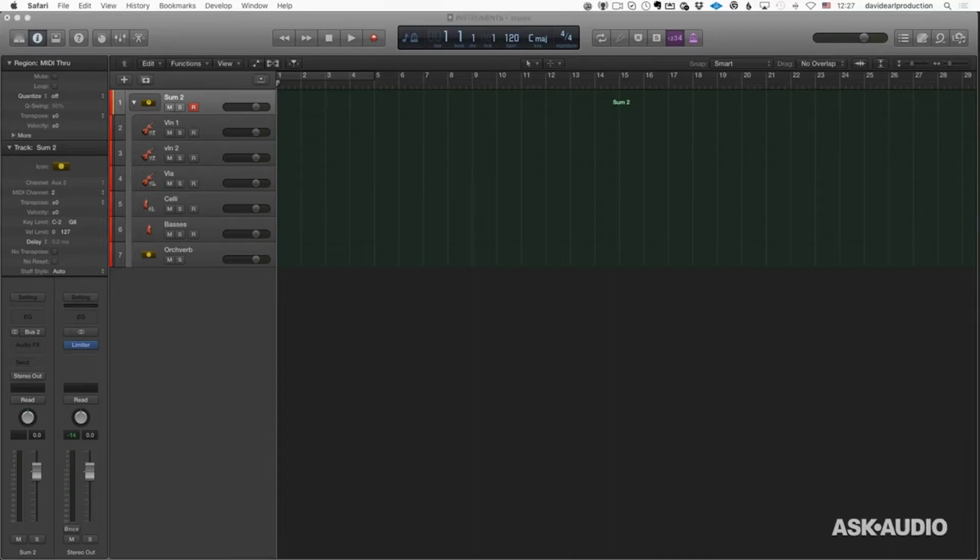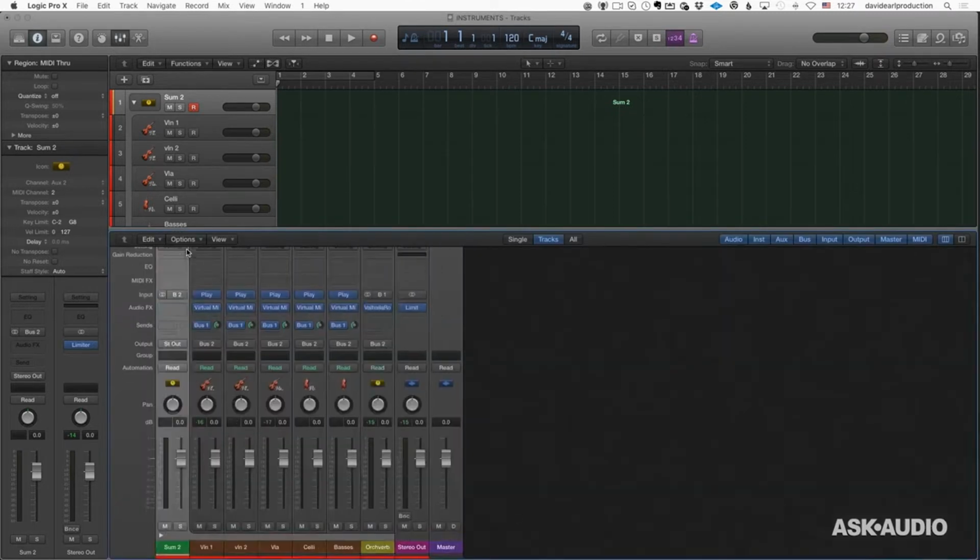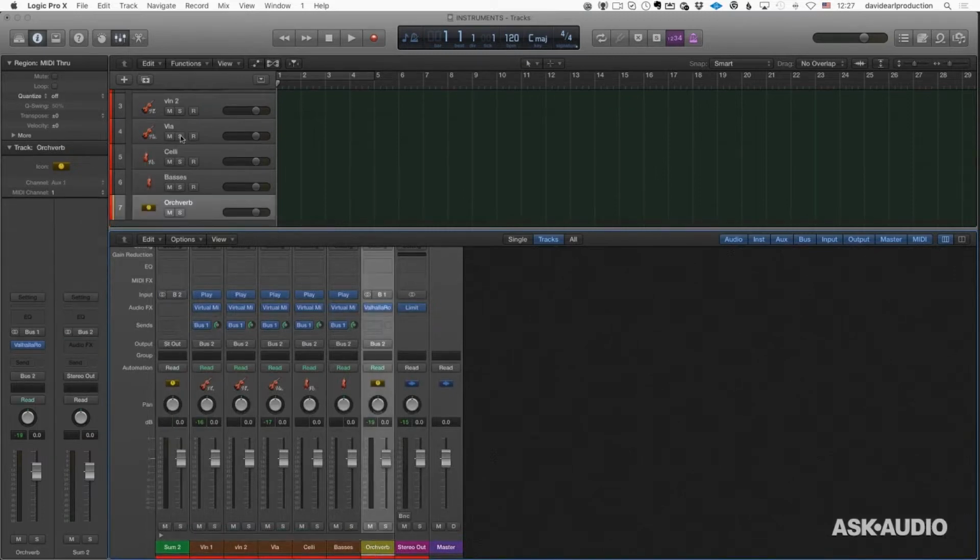Let me see. Doug had a question, I think. How did you pop it into the arrangement window? Oh, I've done that so many times that I probably forgot to show you. So, if you want to pop something up into the tracks area, you can either go to options and choose,